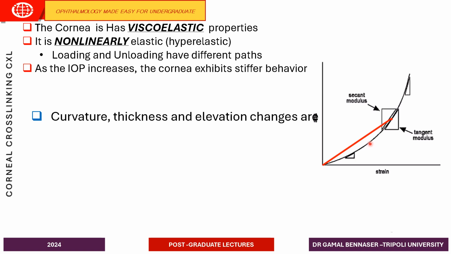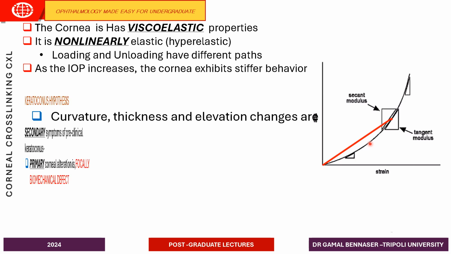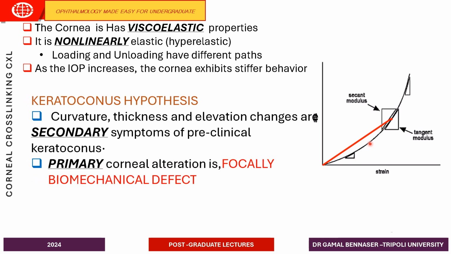And all the parameters that we were discussing regarding the curvature of the cornea, the thickness and the elevations, the changes that happen in keratoconus, all these changes are secondary to a primary defect in the corneal biomechanics, or a focal defect in the biomechanics of the cornea. This is the theory behind the etiology of keratoconus. That's in keratoconus, it is a focal defect in the corneal biomechanics, which will lead later on to the secondary changes in the thickness and the curvature and the elevations of the cornea,